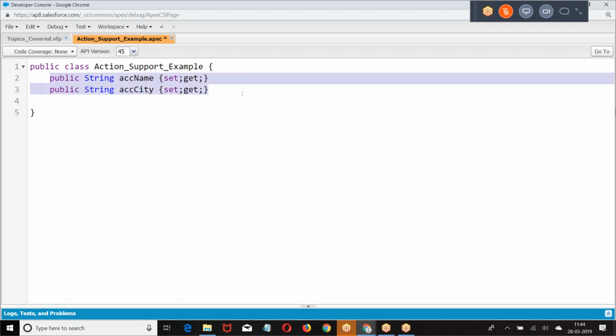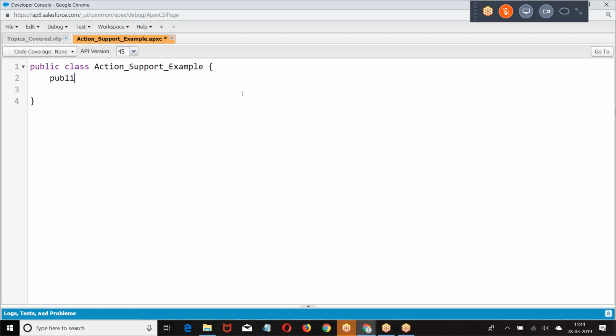I will try to give you one meaningful example here. Public map of string comma list of public string.